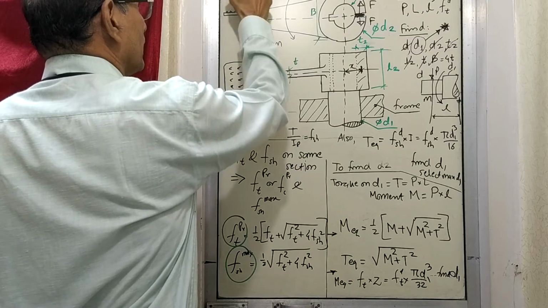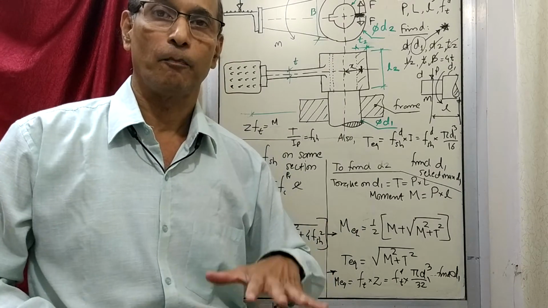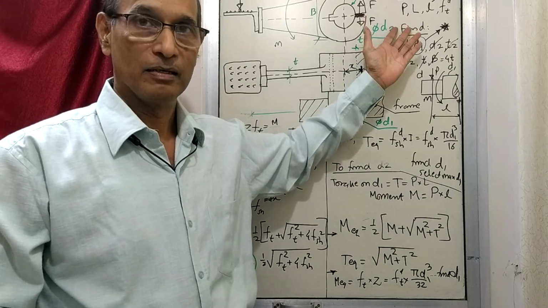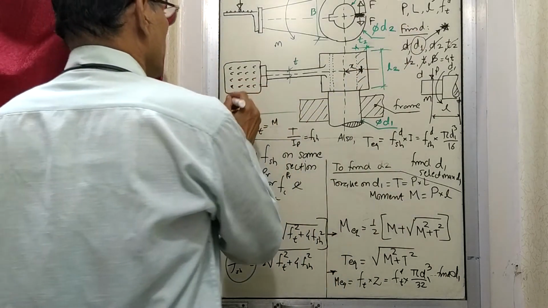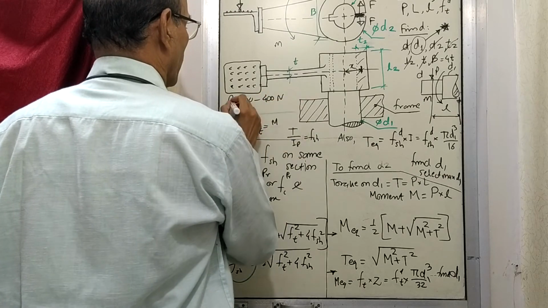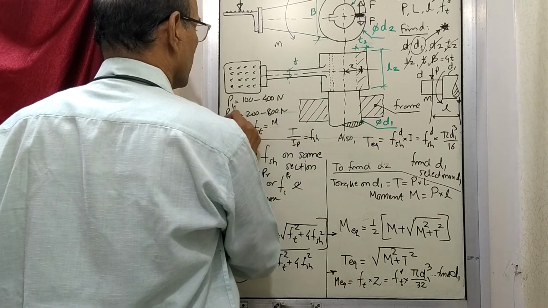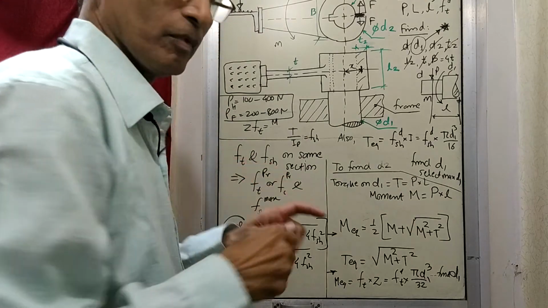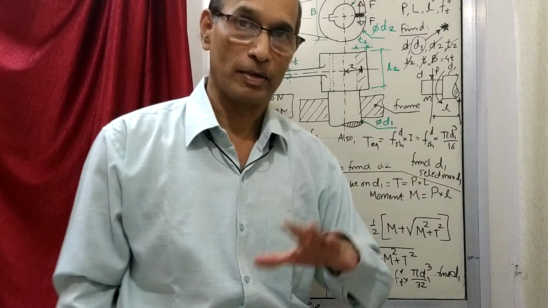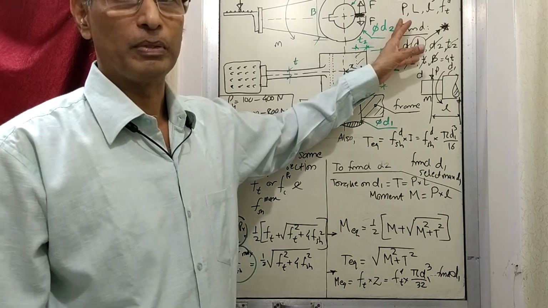This is the P that is acting in that case. The only thing is the value of P will be different, because what you can apply by foot is of a higher level, higher size than what you can apply by hand. So normally what happens, P is equal to 100 to 400 newtons for hand, and P is around 200 to 800 newtons for foot. Now these dimensions, these values you get from ergonomics, but for you as a student in this particular case, you will be given the value of P, so you don't have to worry.